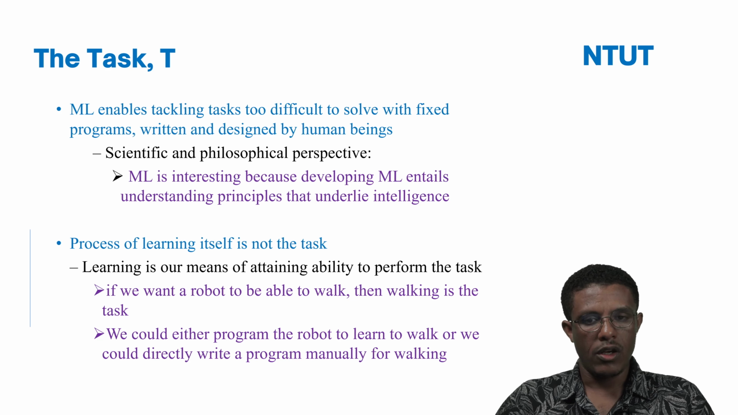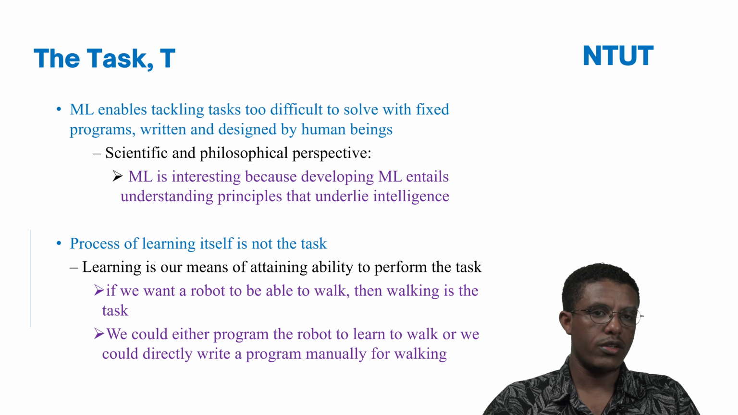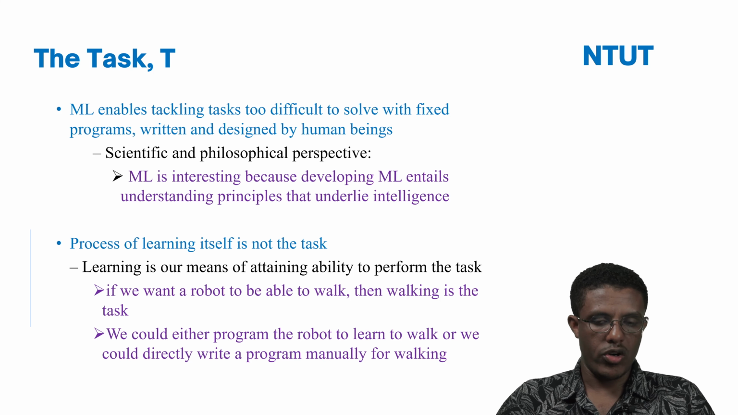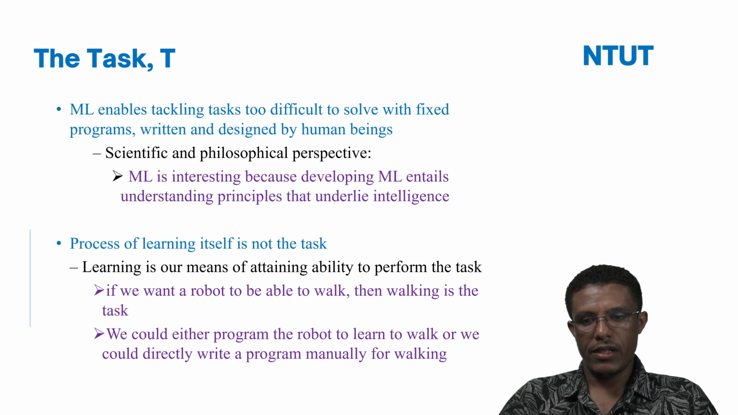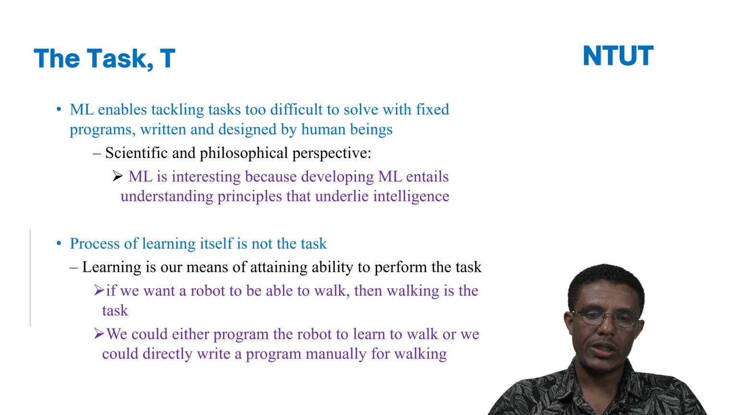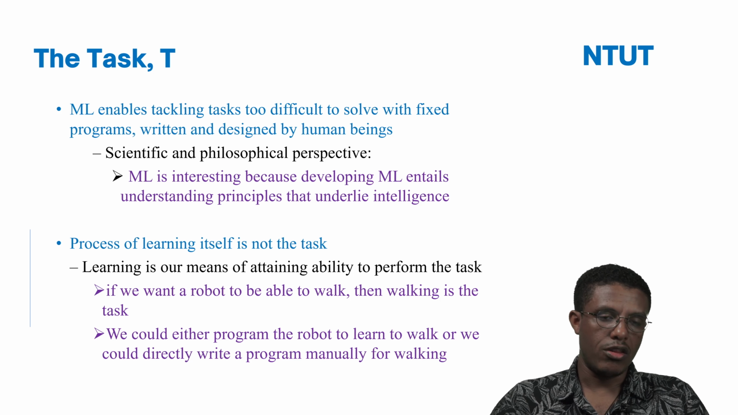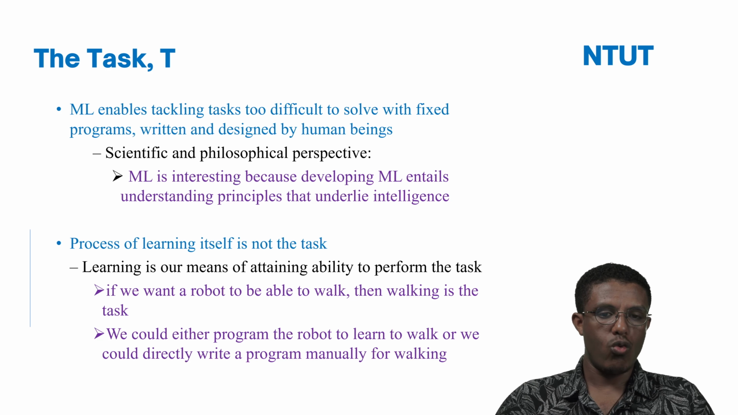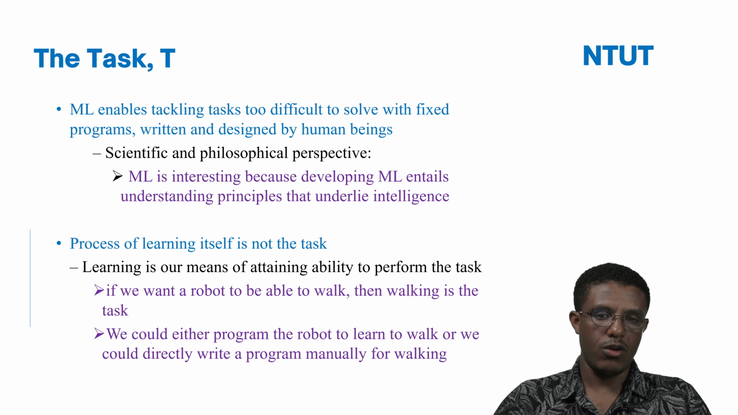So the way to teach the robot how to walk from one place to another is through a procedure that we call learning. Another example is that we could either program the robot to learn to walk, or we could directly write a program manually for the walking. So in order to teach that, the robot is learning to walk, or we just program manually how to walk. This is the way,